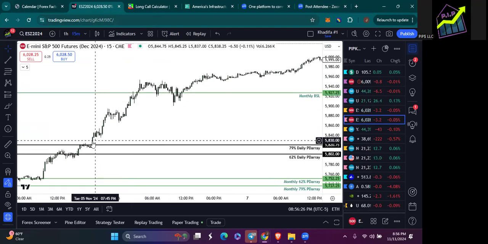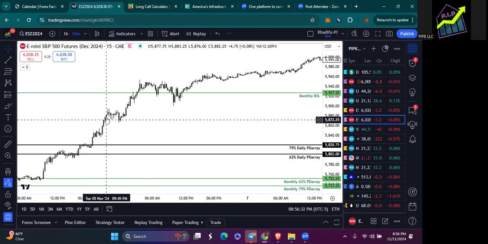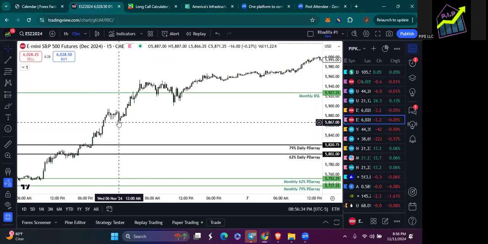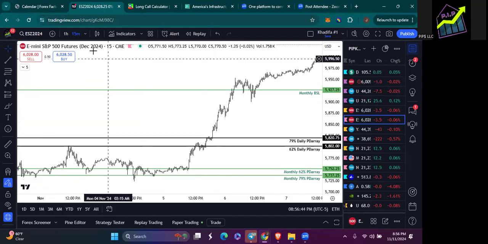We see a dip back down into this fair value gap right there, right before New York opening bell, right? We see price run up. We see another opportunity here. Lunch hour, dip, what? Back down into this fair value gap. So when you're on your lower time frames, you do see your opportunities.